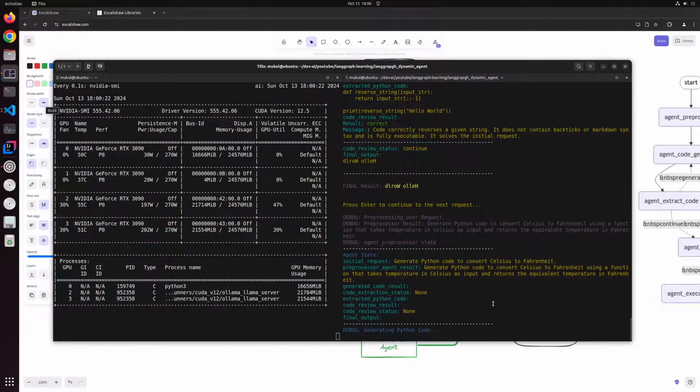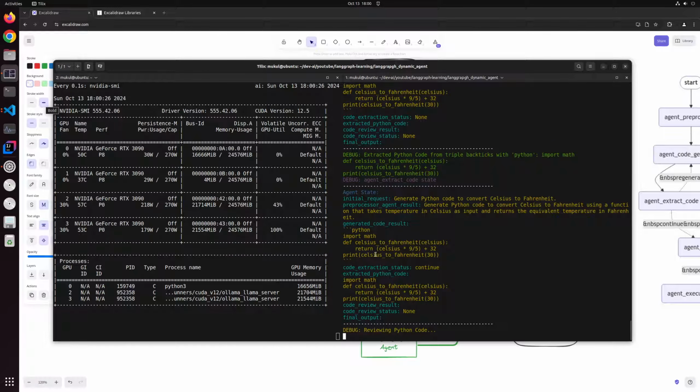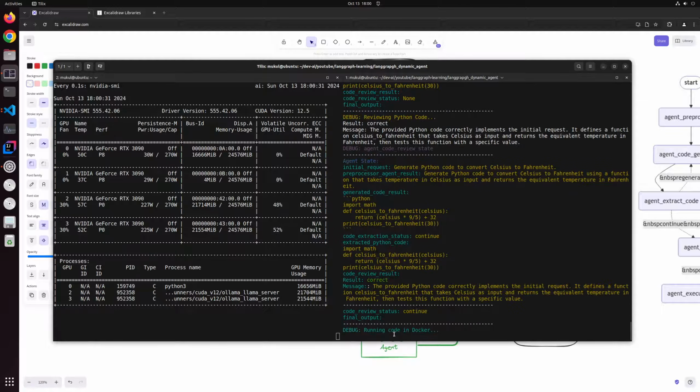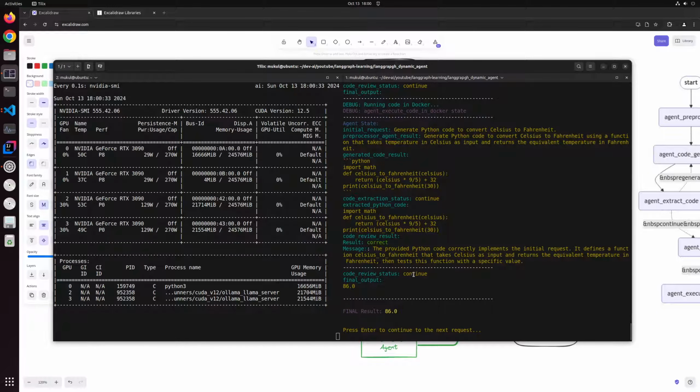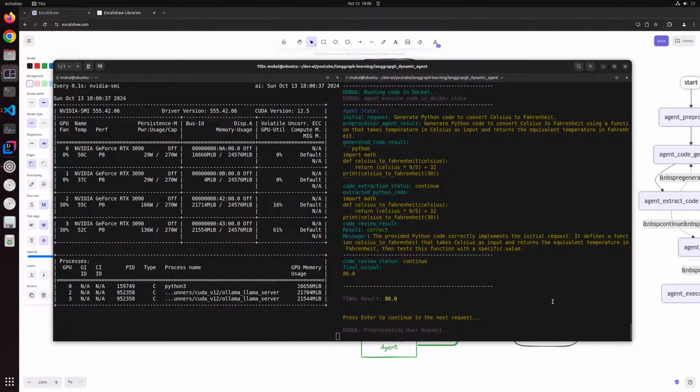The next prompt is to convert Celsius to Fahrenheit. This is interesting. Let's see. So it came up with a code for it, and it is reviewing the code right now. It said everything is good, and it converted Celsius to Fahrenheit. That's awesome. Let's go to the next request